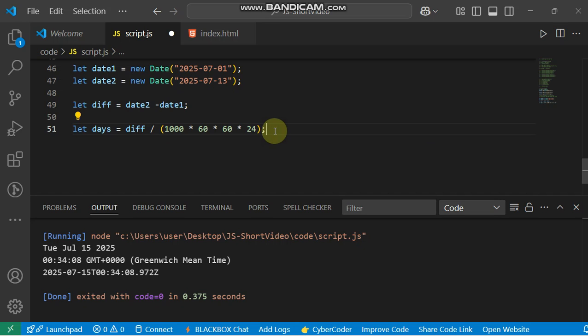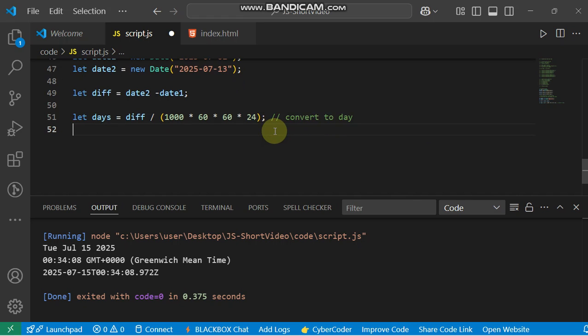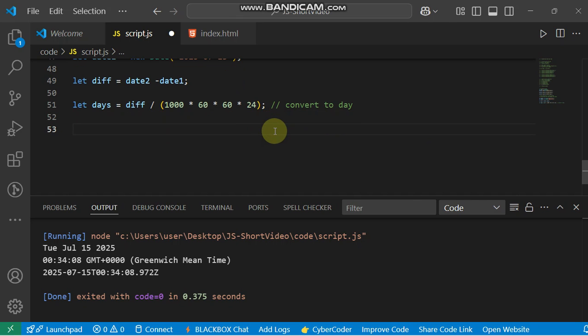Now this is about converting to days. Let me check it so you know. Convert to day. We don't want it to be any other thing, rather we want to convert it to day. Now the next thing we want to do here, we'll say